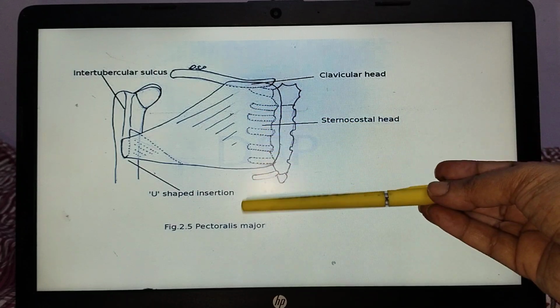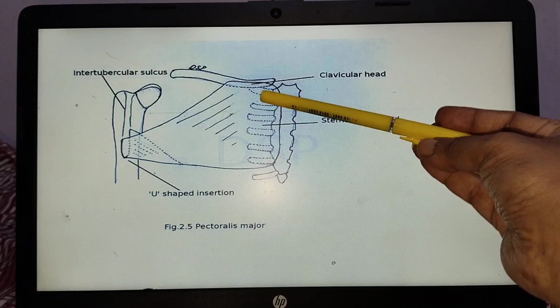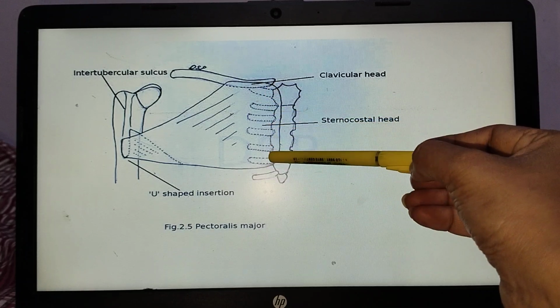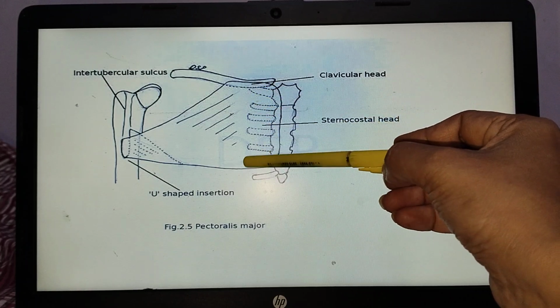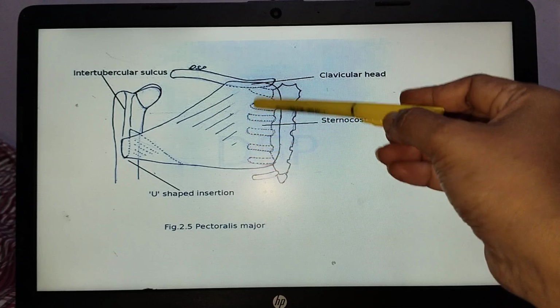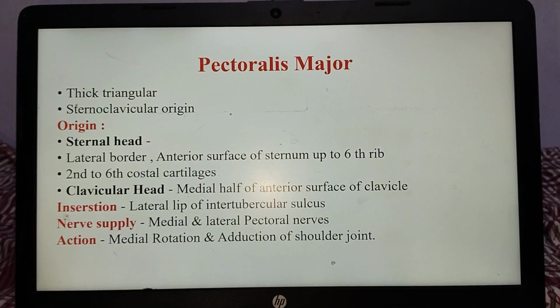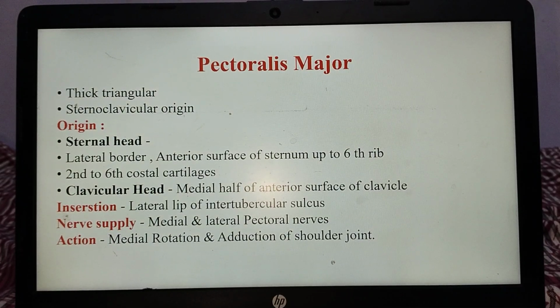And sternal head from the anterior surface of lateral part of the sternum. And costal part from the second to sixth costal cartilages. So it is a thick triangular muscle and it is a